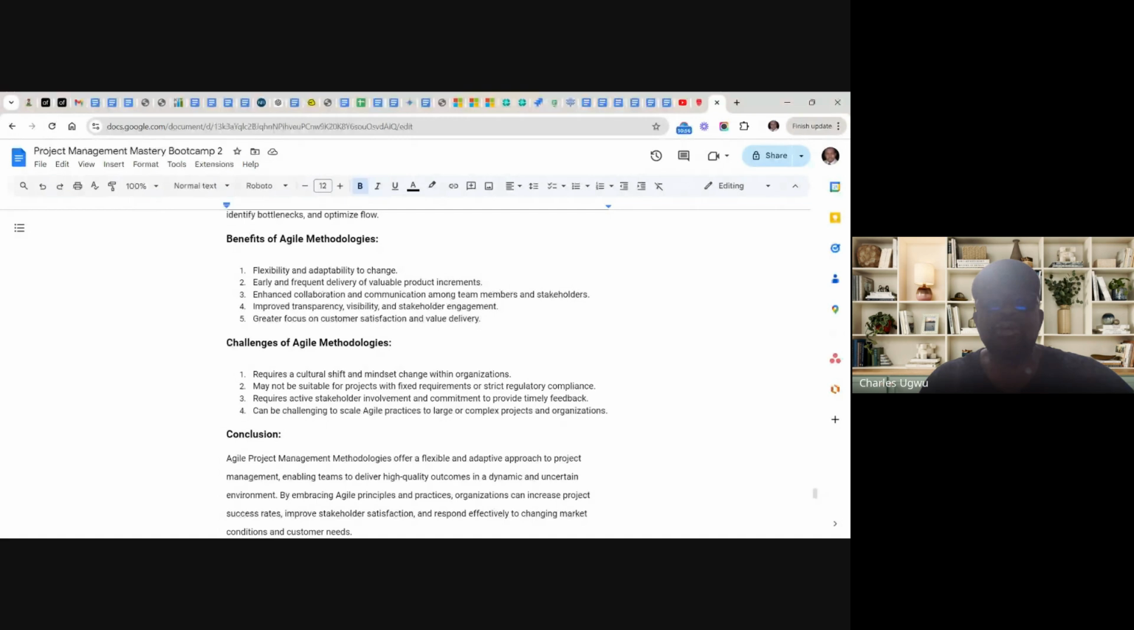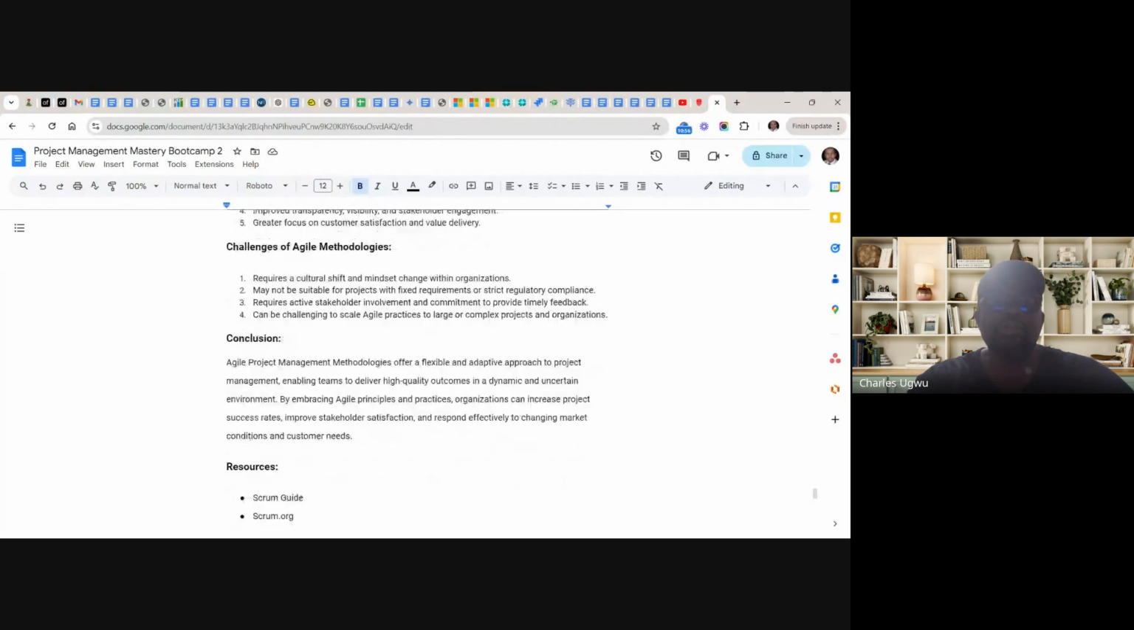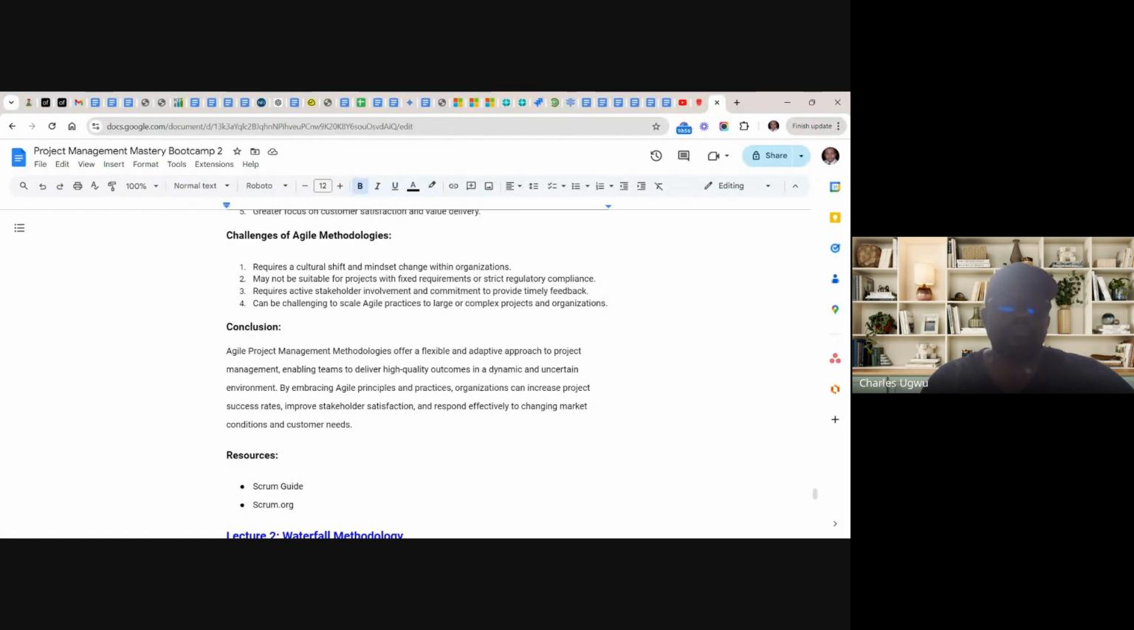It requires active stakeholders' involvement and commitment to provide timely feedback. It can be challenging to scale Agile practice to large or complex projects or organizations. So these are various challenges Agile currently has today. So in conclusion,